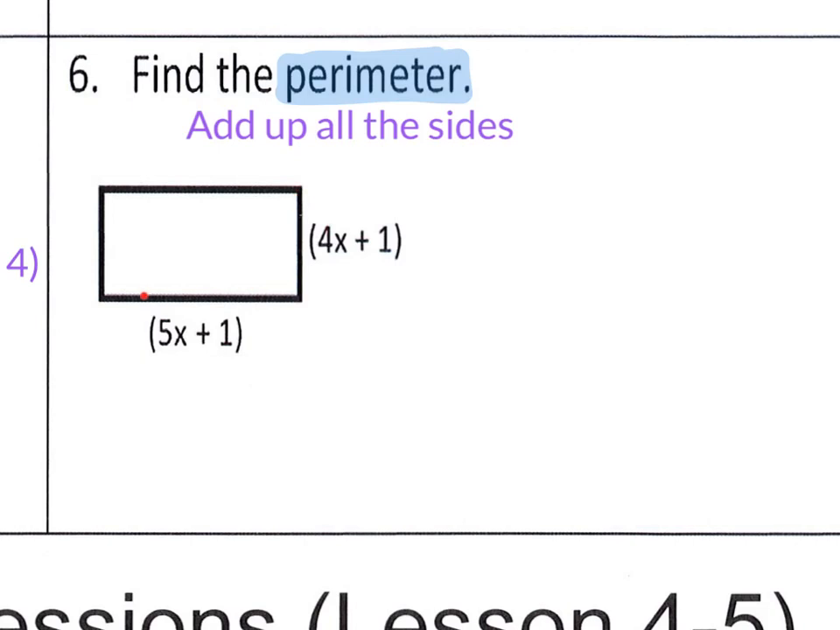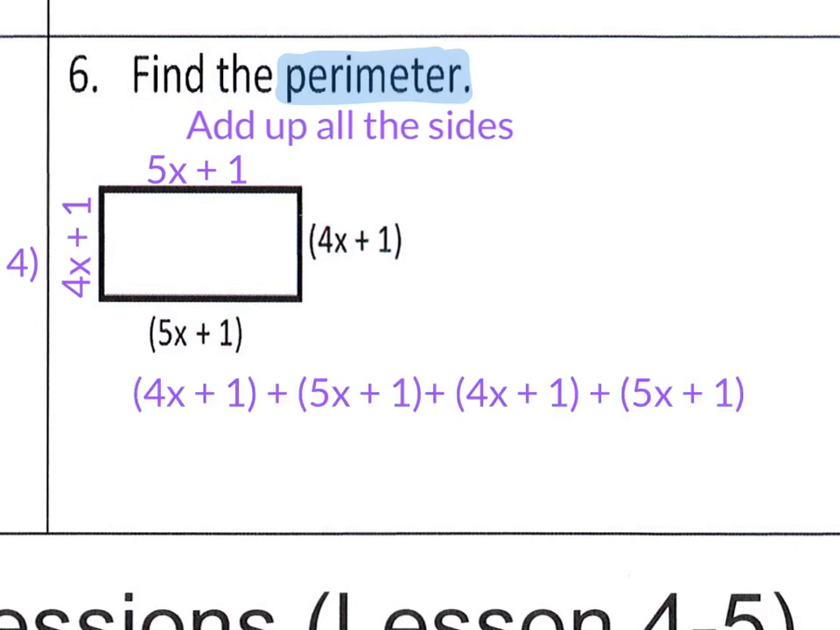but this is a rectangle. So that means that this other side is the same as this side. So 4x plus 1 could go here, and a 5x plus 1 could go here. So I'm going to add those in. So then I see I have the 4x plus 1 on the side and the 5x plus 1 on the top. So now that I have them all labeled,